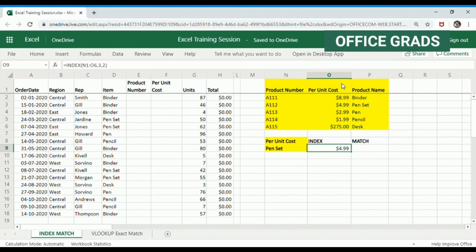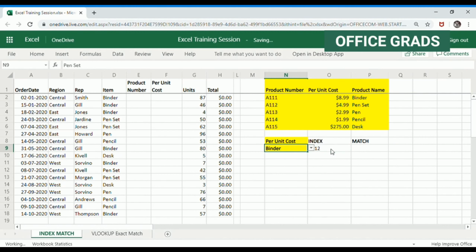And I hit enter and I find out whether it is matching. Yes, it is matching. Let's try changing it. What if I change this 2 to 1? What happens? Let's hit enter. It is giving me product number, right? So based on the requirement that you're looking for, you can change the row number and the column number.